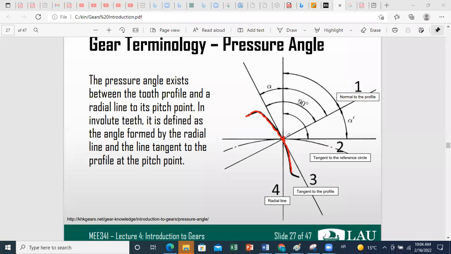As you can see here, this is our involute, and the normal to it will be the line across which we have the contact, the normal to contact between two teeth. So the force transmitted will be along this line,